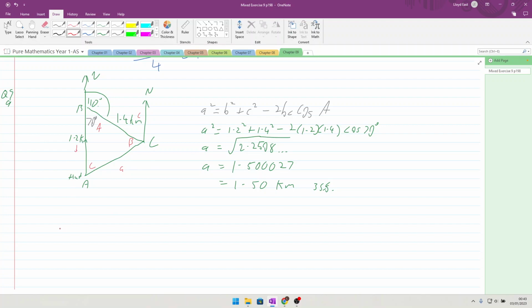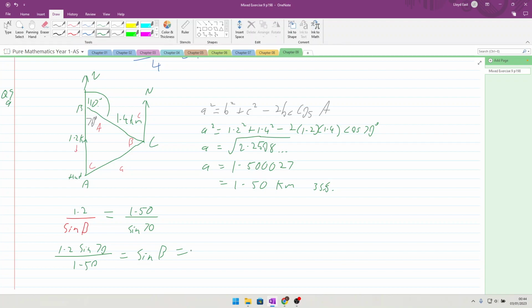is going to be the use of the sine rule, over the 1.2 being the side opposite is going to equal the 1.50 of A over the sine of 70 using this angle here. So to find angle B then, multiply up, divide by that. So we're going to end up with 1.2 times the sin of 70 divided by 1.50 is equal to the sine of B, which will equal